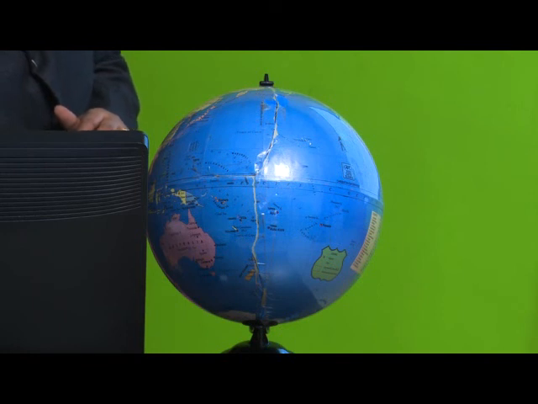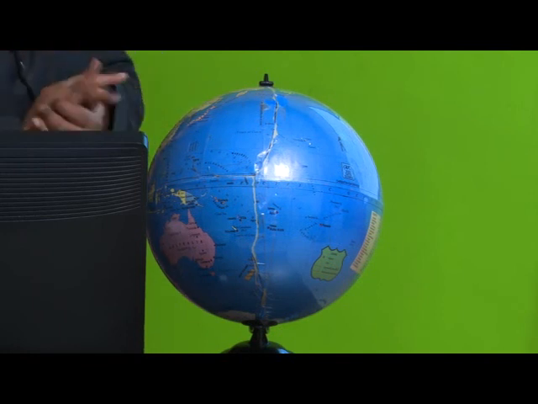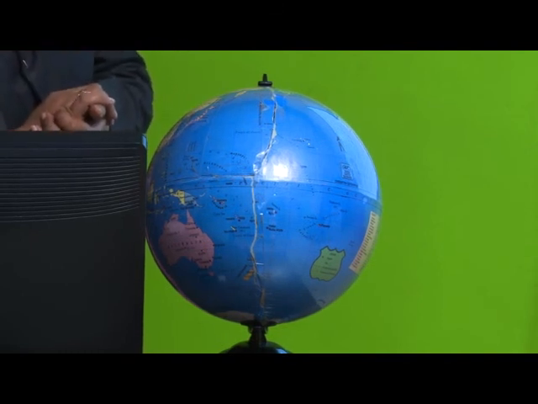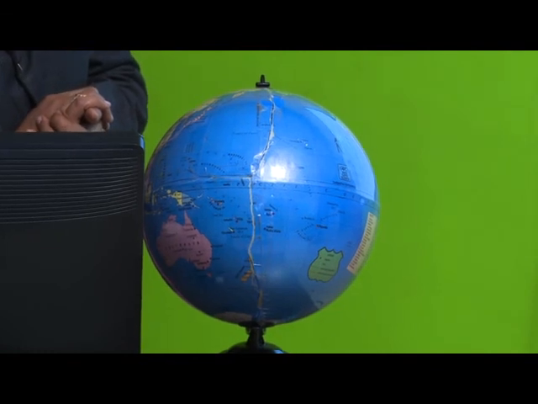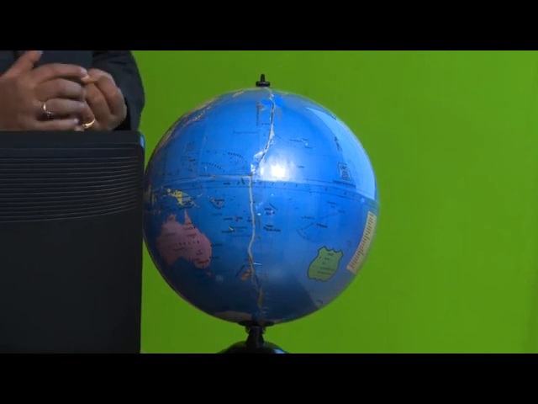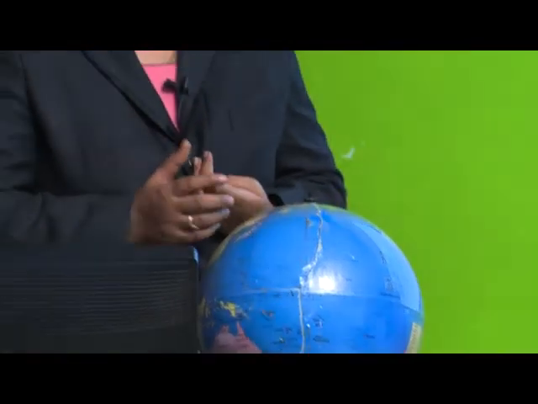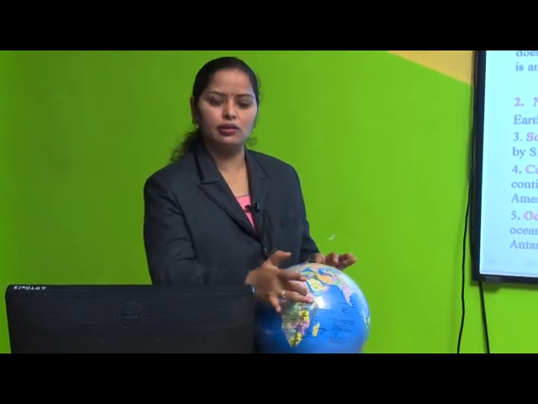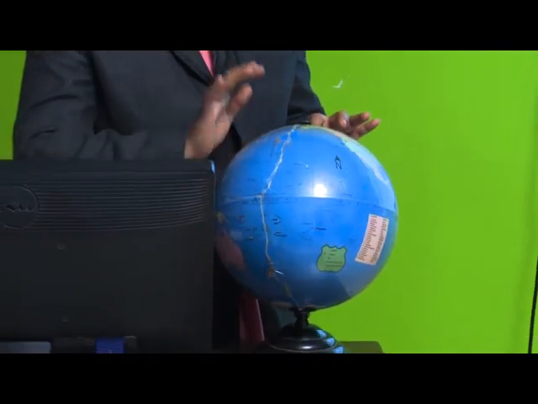Then we will see continents, okay. As you know, how many continents are there on earth? There are 7 continents, 7 large land masses on the earth. So what are these continents, children? The continents are Asia, Africa, Europe, North America, South America, Antarctica and Australia. So you can see all these 7 continents on the globe, okay. These are the 7 continents on the globes.